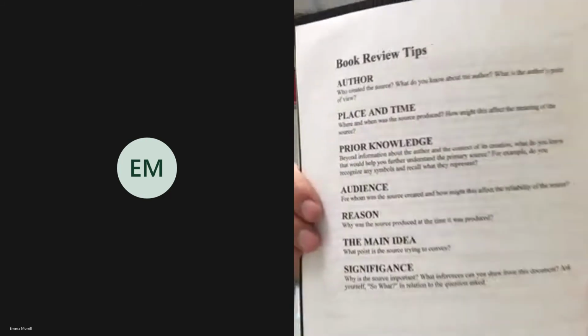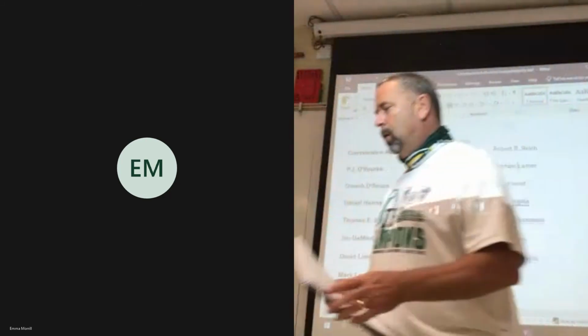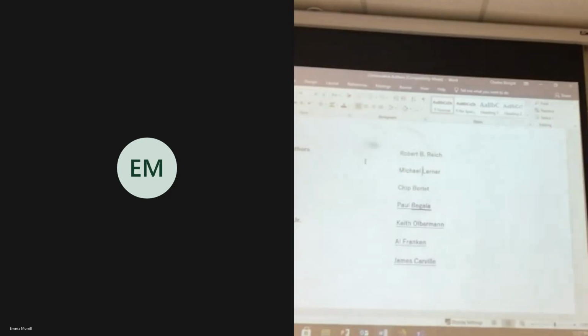Okay, page 5 is going to give you help, especially if you get stuck. Now, the New York Times has this thing called the New York Times Book Review. They actually hire people to read new books and write reviews on them. That's what you're doing. So on some of these books, you can go up and look at other people's reviews of the same book that you're reading.